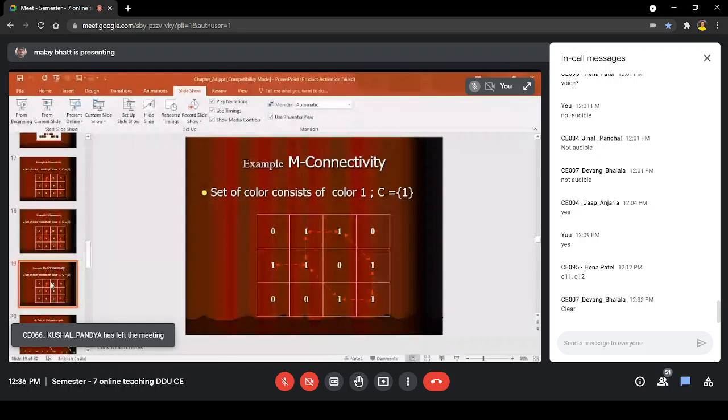So when you consider the pixel second row, second column, consider the pixel second row, second column. Now for the second row, second column, P, let us consider this one. Second row, second column, P